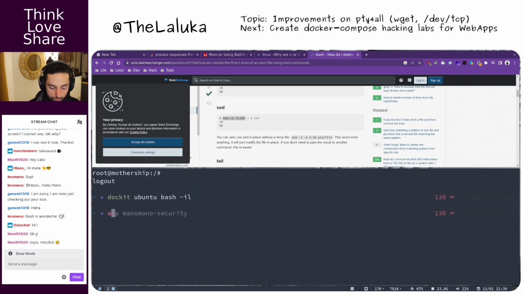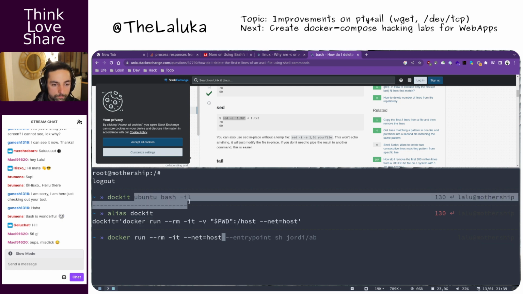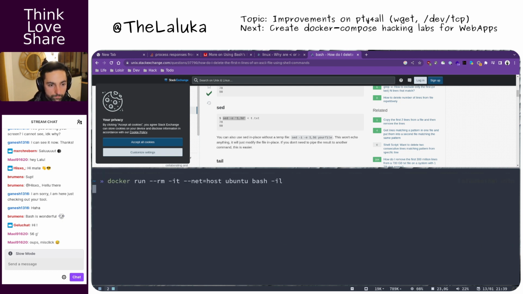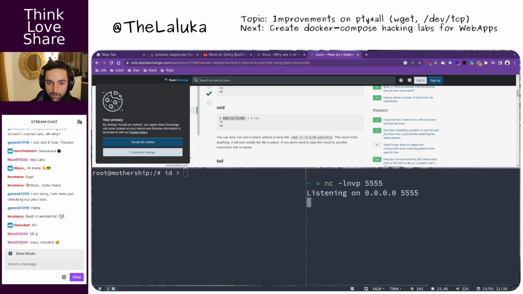But I want to do one thing. I want to have no shared folder for now. Okay, so back in bash, we still have no curl, no wget, but it works. Get cat in listen. There, id dev tcp.